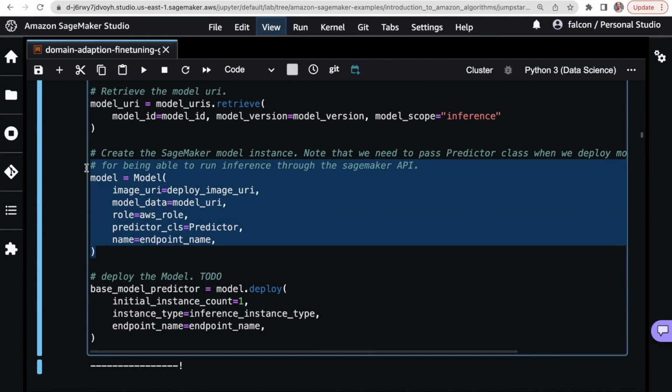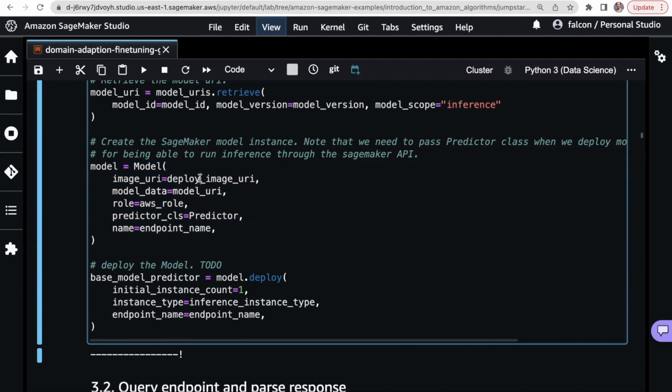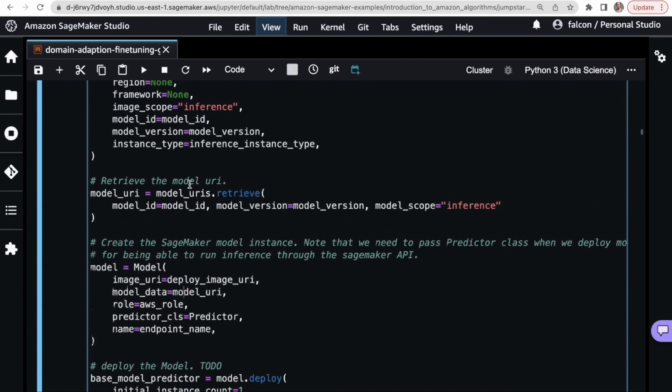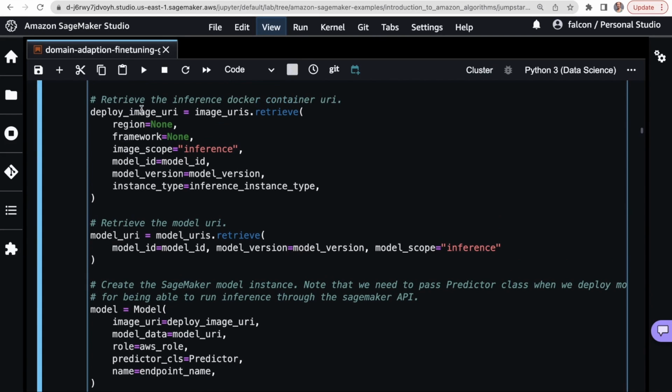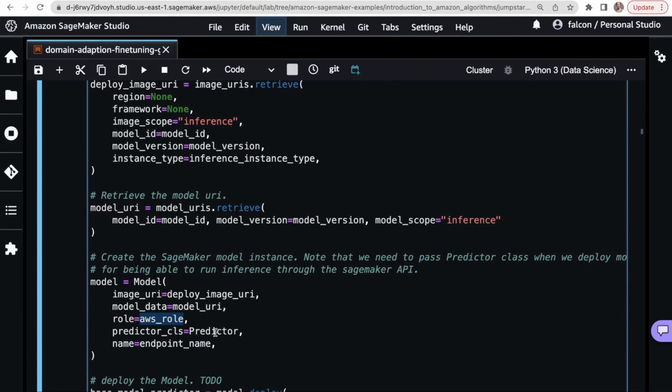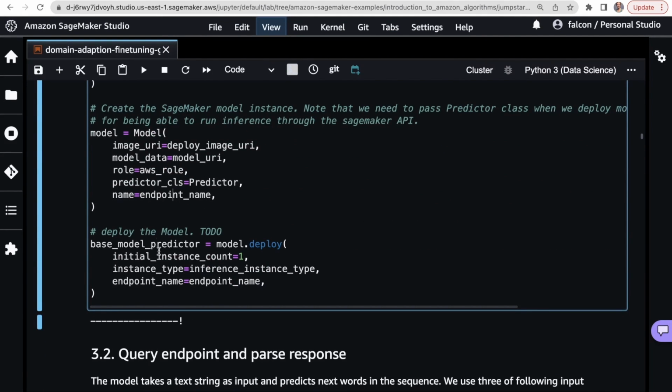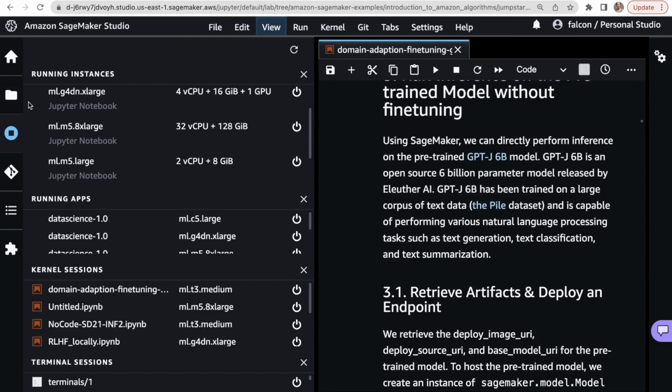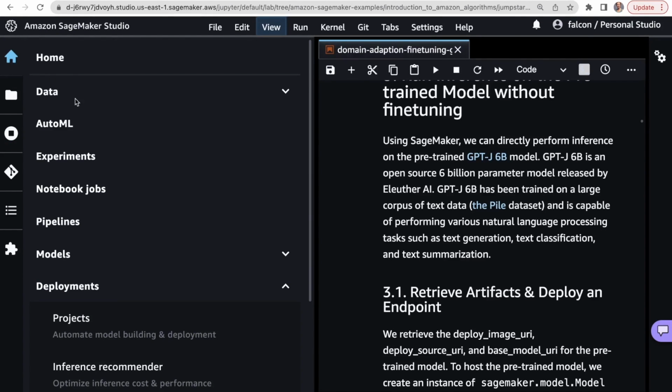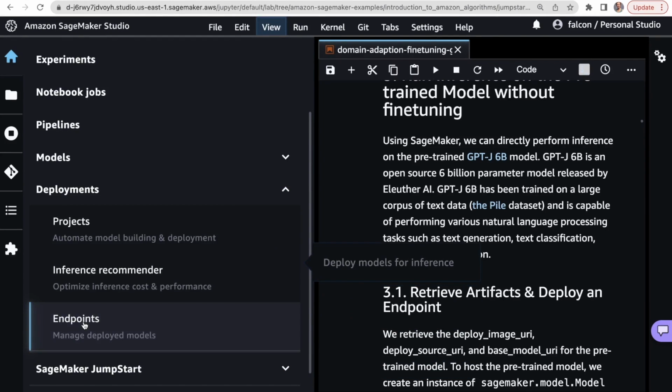And so we'll create this SageMaker model. You've probably seen this before. The image, model data, which should be in S3. My apologies. So yeah, the deploy image URI is the script. And the model URI, that's the actual data for the model. That's like the model weights. Right? AWS role, and then the predictor class that we want, and then the endpoint name. And then we create this. Fortunately for you, I've already done that, so we can check this out over here. Actually, we're going to go up to the home, and we'll go down and we'll look at deployments, and we'll click on endpoints.